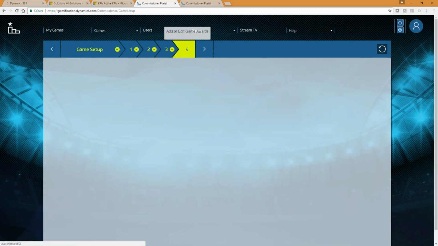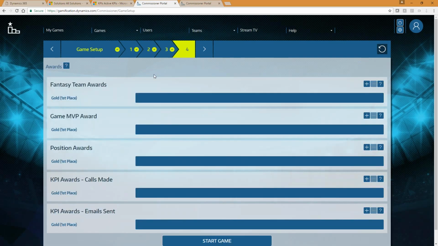Okay. Moving on, the last element here is your awards. Warren spoke a little bit at the start about potential examples of awards you might like to offer, whether it be financial or experiential or any other type of award. These then get published out when the game starts for those people who are taking part to know effectively what they're playing for.